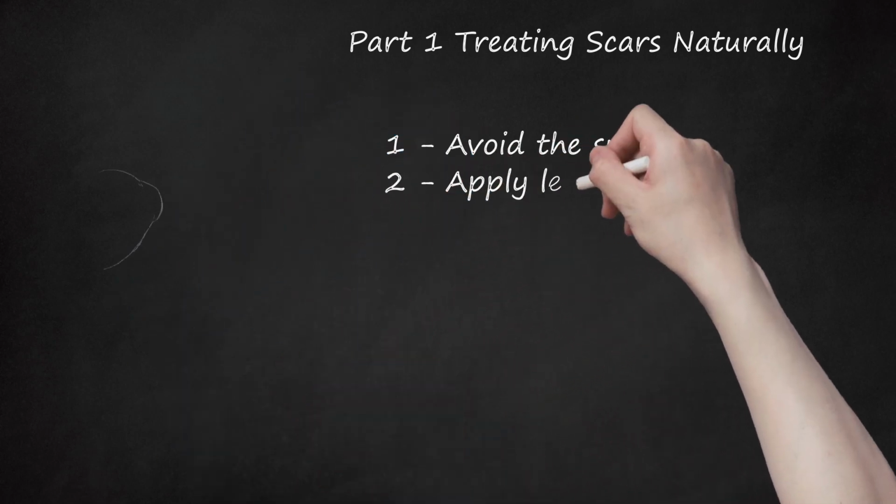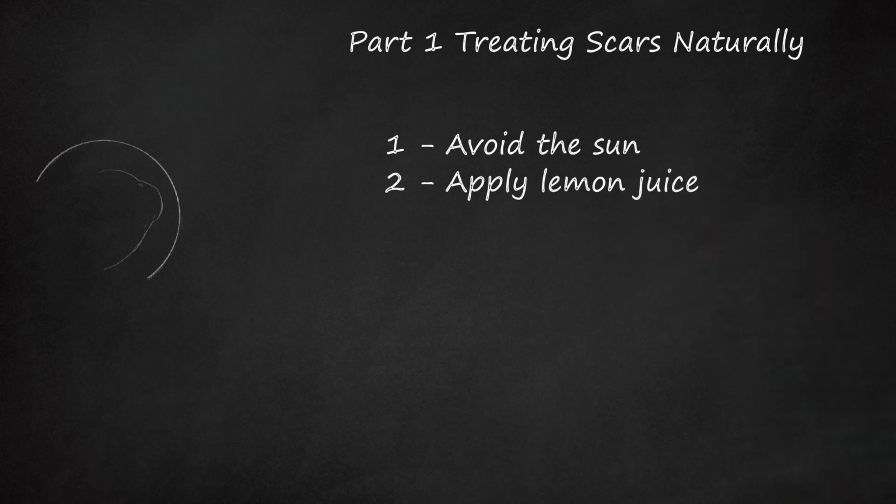2. Apply lemon juice. The citric acid in lemon juice has a potent bleaching compound which can help lighten and thereby minimize the appearance of scars. Indeed, lemon juice has been used as a natural skin lightener throughout history. In addition, the vitamin C in lemon juice is essential to wound healing, which can in turn help prevent scar